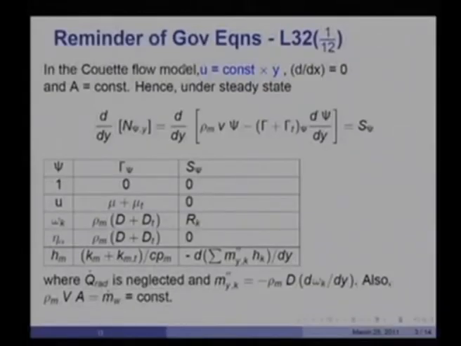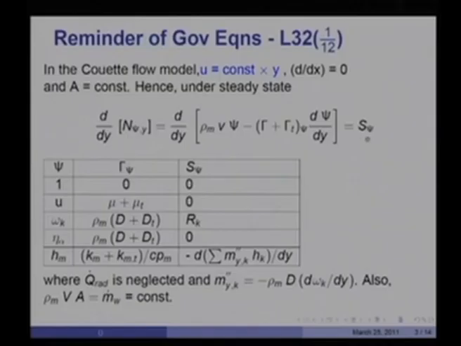Now, in the Couette flow model, as you will recall, the velocity u is taken to be a constant multiplied by y, and all actual derivatives are set to 0, and therefore a is constant, and hence the steady state transport equation would read like this: d by dy of m psi equal to d by dy of (rho m psi minus gamma plus gamma t, where gamma t is the turbulent exchange coefficient) d psi by dy